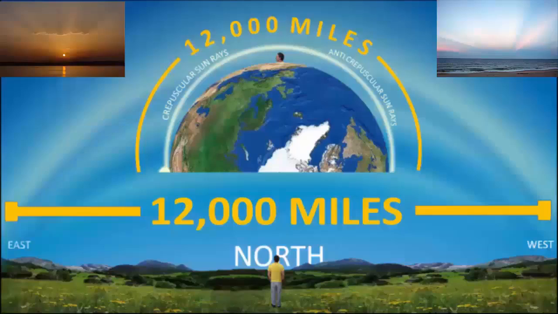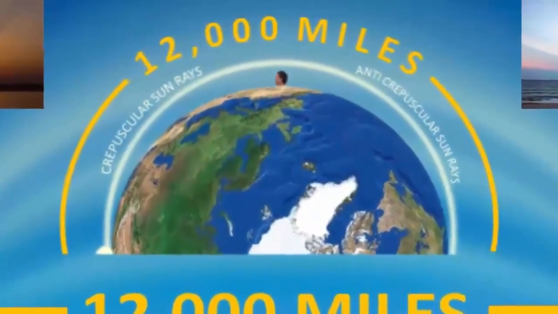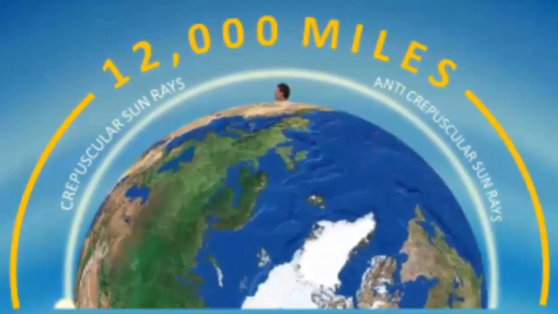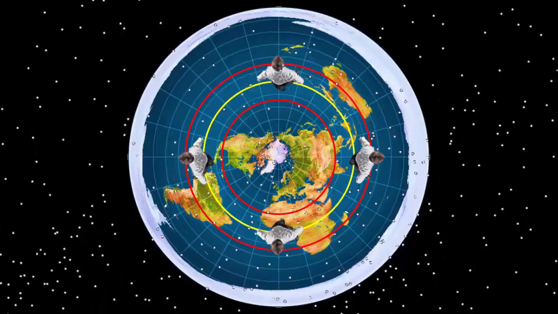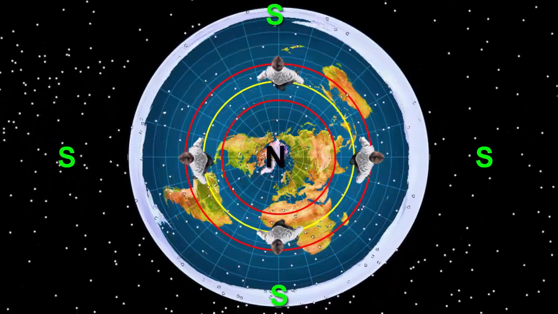Yeah, and just a little quick side note here. As I was doing the video, I thought of this. It's like, wow, we could see the sun, right? That's 6,000 miles away from us when it's rising. And if it's throwing out crepuscular rays and then anti-crepuscular rays, and the anti-crepuscular rays are going another 6,000 miles to the other side where they're converging, that's a 12,000 mile total. How is it we can see that on a ball? I mean, that seems to work for a flat Earth, but how does it work for a ball? Anyway, just a thought.